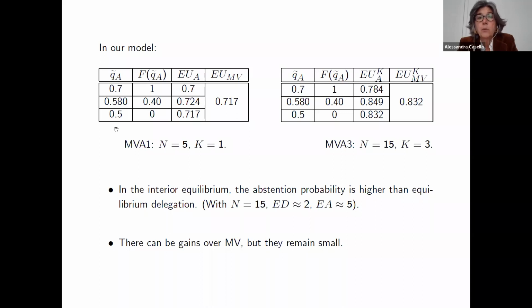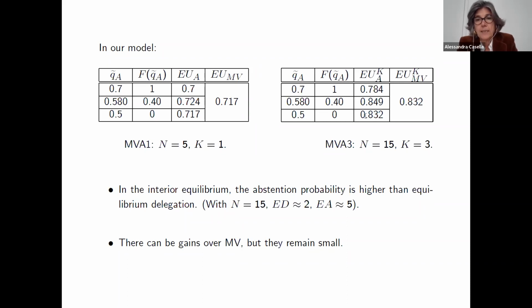And there are 3 equilibria with abstention. There is an equilibrium where everybody but the expert abstains. There is an equilibrium where no one abstains, and so we are back to majority voting. And then there is the interior equilibrium where non-experts with precision inferior to 0.58 abstain, and all the others do not. And if you look at the larger group with n equal 15 and 3 experts, again, you find the same 3 equilibria. Interestingly, the threshold doesn't change.